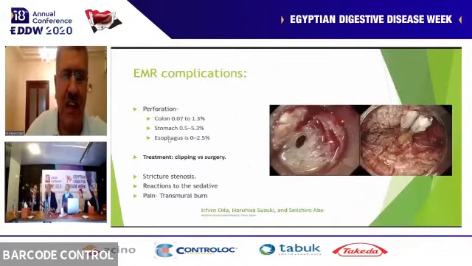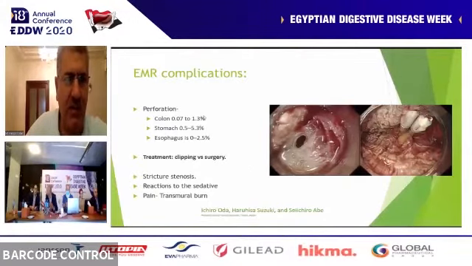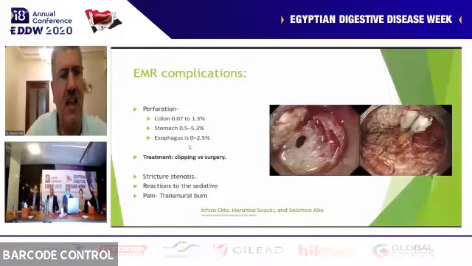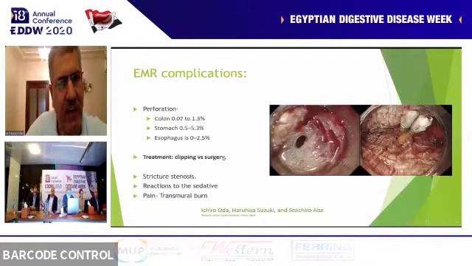What about the second most feared complication? Perforation is the second most common. Now, colonic perforation is actually very rare. It's less than 1%. The stomach seems to be more common, and the esophagus is around intermediate in between. And closure of the holes, like you can see here, most of the time is actually achieved very easily with